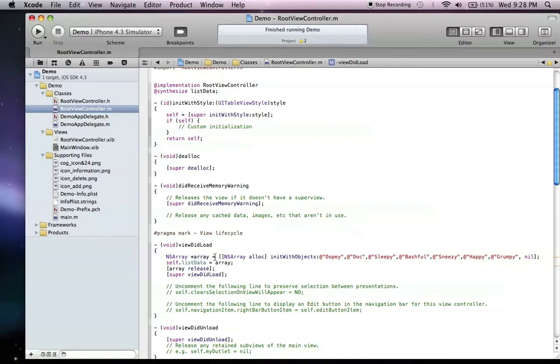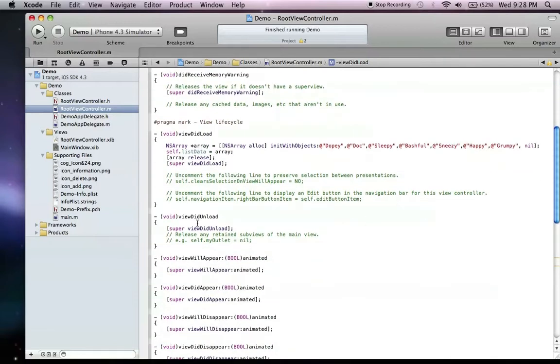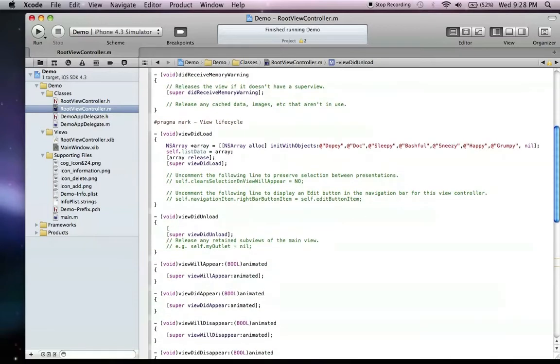So what you're really doing is you're saying, okay, I'm going to create an array in the did load method, which says, all right, create this array of these variables when we load this controller, and then set them equal to the set self list data array, and then release the other array. Now I have it stored for the lifetime of this Rootview Controller class. Two things I have to do. One,